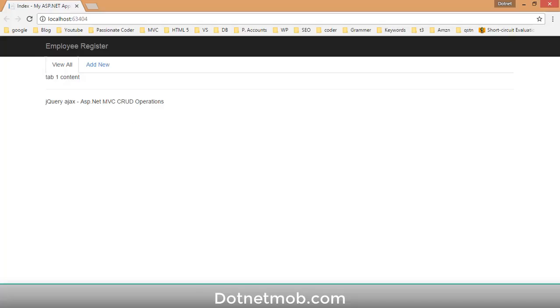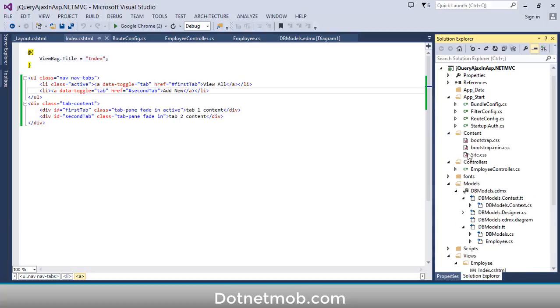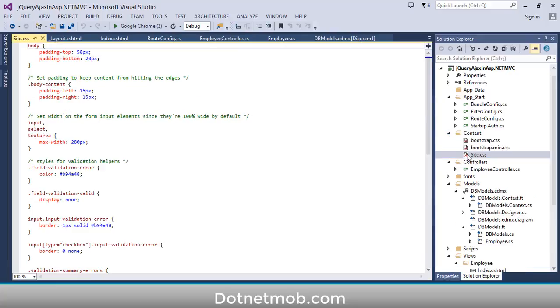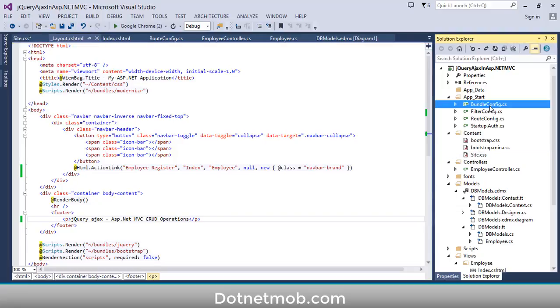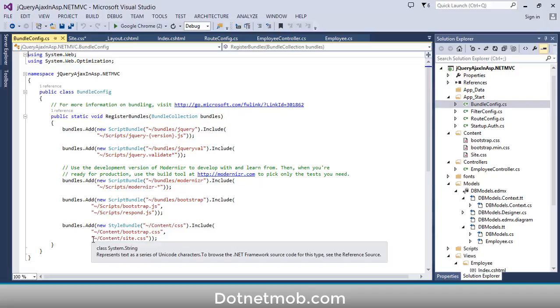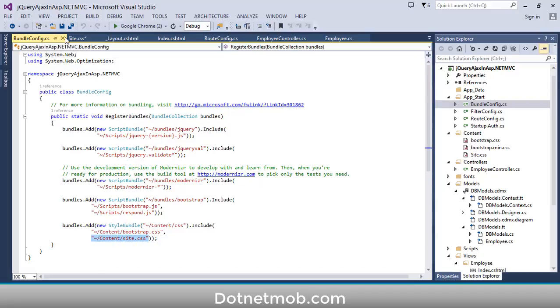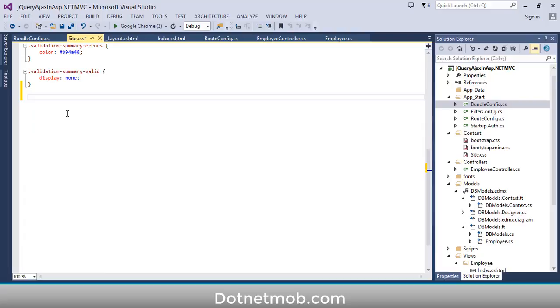For that, here we have a style sheet. Inside the content folder we have a style sheet site.css. This style sheet is referenced inside the layout page here. So you can see the content bundle /css. If you go to this bundle config.cs, here you can see the bundle content.css. Here we have specified the style sheet site.css. Inside the site.css file we have some default CSS rules,